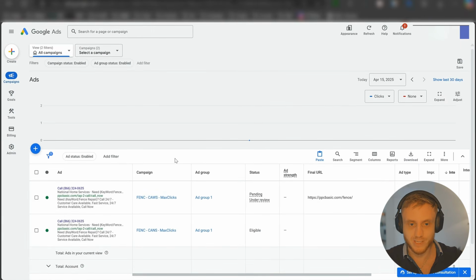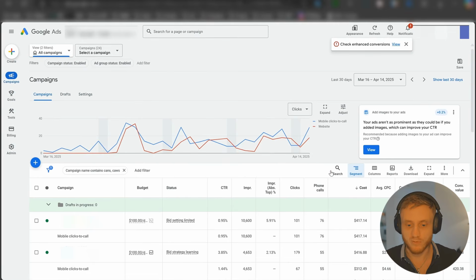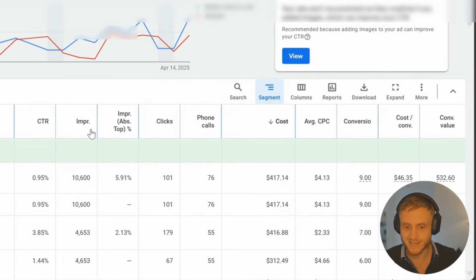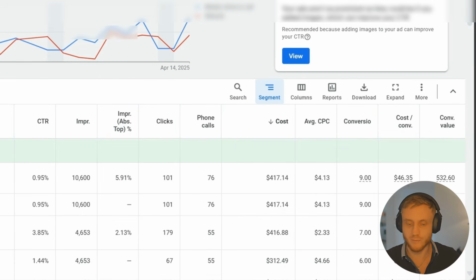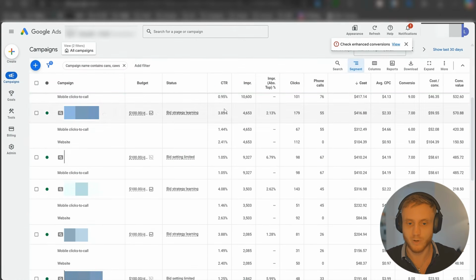All right, so that concludes that part. We have the conversion set up, and the final thing that I promise you is that I'm going to show you some conversion data. So let's go ahead into just one of my accounts. So here we have one of my accounts. The data is the last 30 days. On the left side here, you have the campaigns. We have our click-through rates, impressions, costs, average cost per click, conversions, cost per conversion, and conversion value. I'm going to obfuscate some of this information because I'm still running these campaigns actively. We're going to scroll down,